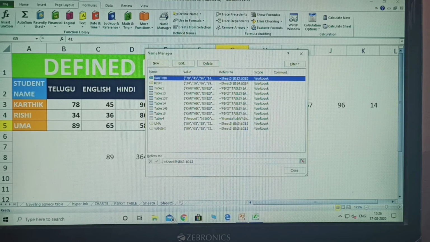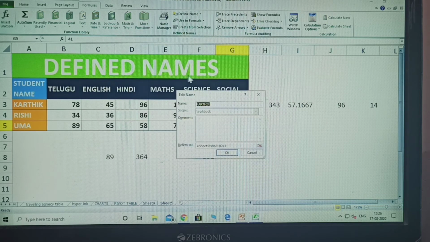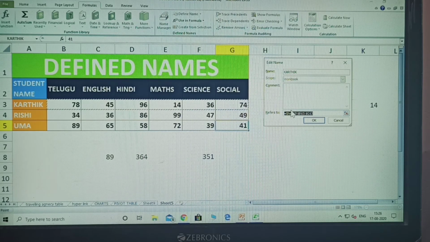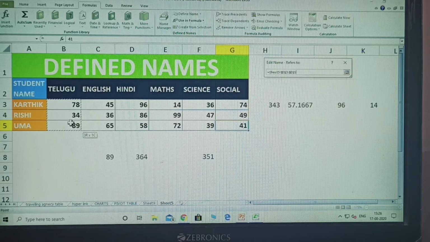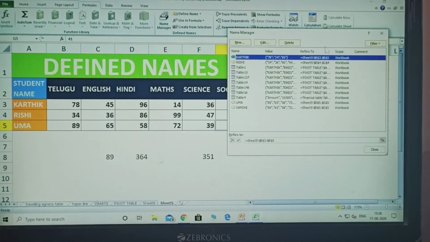What is name manager? Up to this time, whatever names were given are displayed here. Next, how to delete and how to edit. Edit means once you click edit, which name? Karthik's name edit. What is the edit? Here I edit what it refers to. I delete the rest and refer to only Telugu. Click that, close that one.